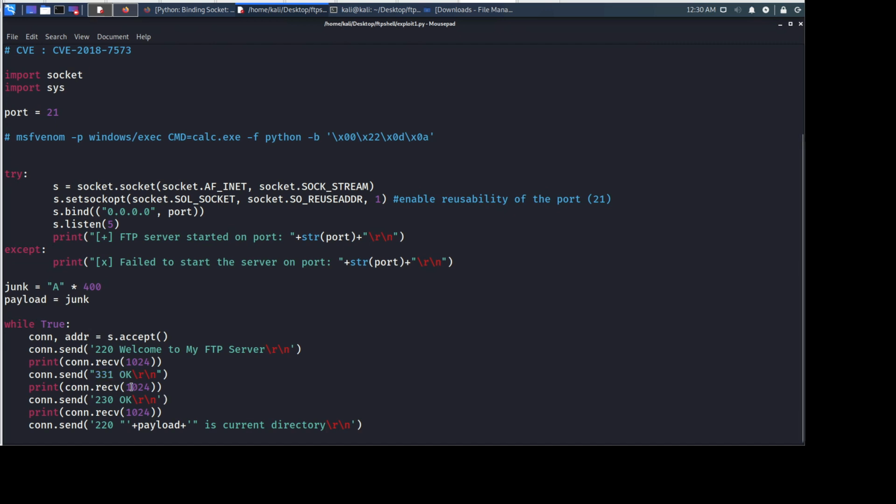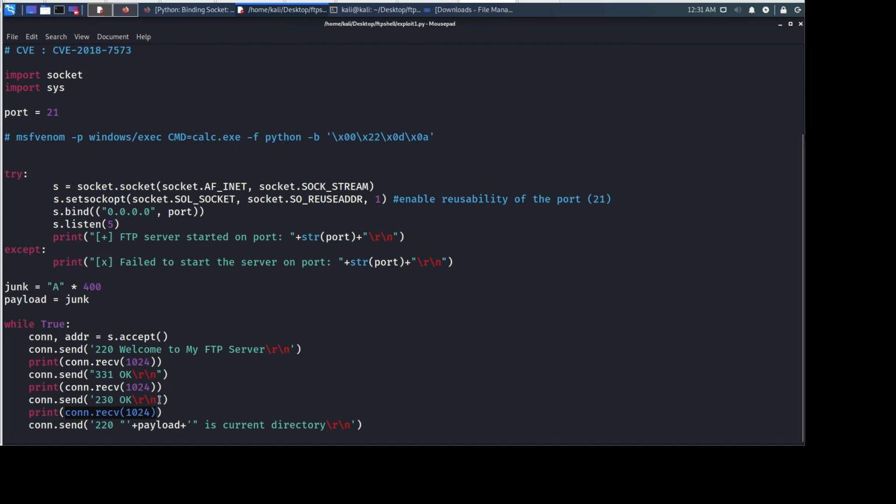Then the client, since the username is okay, is going to send the password. Then the server is going to respond back that your password is also okay. So these are all crafted, so it appears to the client that they are actually talking with an actual FTP server, while actually they are not. So then later on, this malicious FTP server will receive